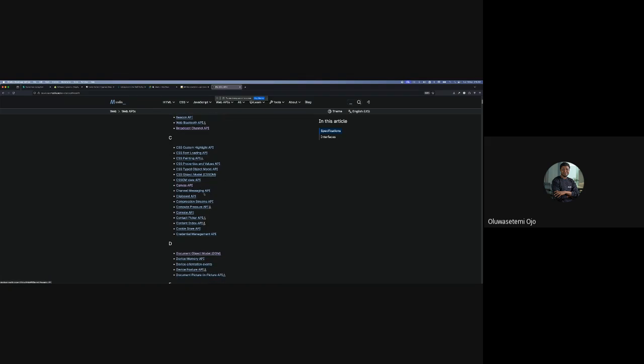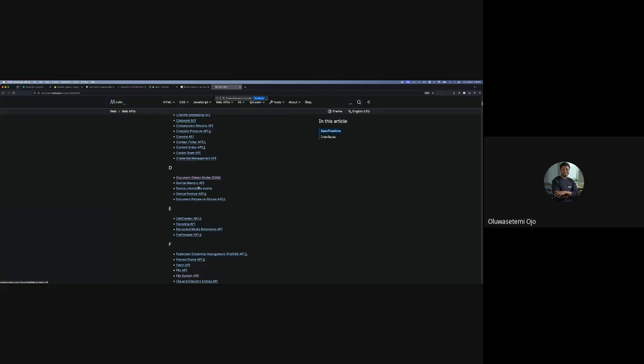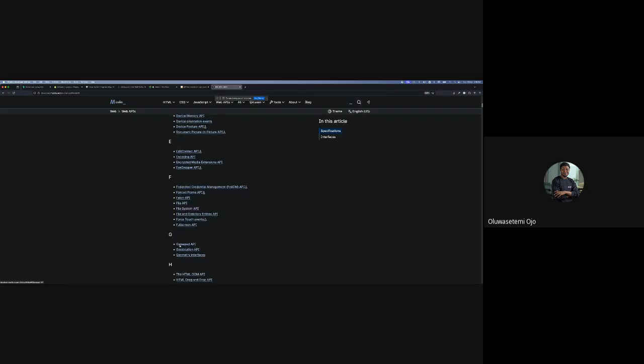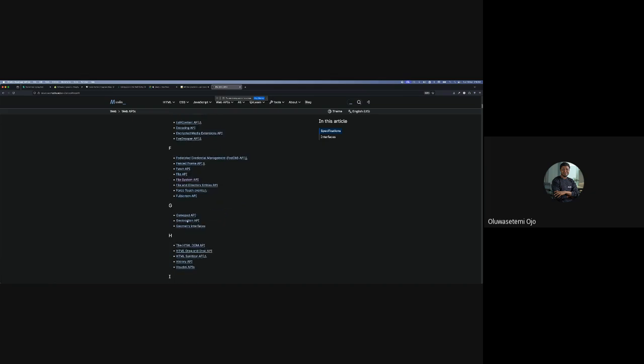There is compression, the console, the contact picker, device orientation, device posture, picture in picture. Look at the things that your browser can do: the file API, the file system, fetch, right? The full screen, the gamepad. You can connect a gamepad to a website and build something with JavaScript for it, right? Geolocation,